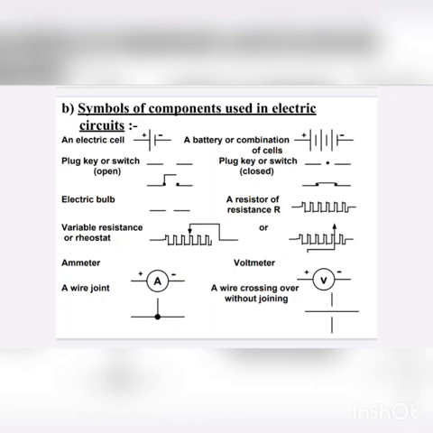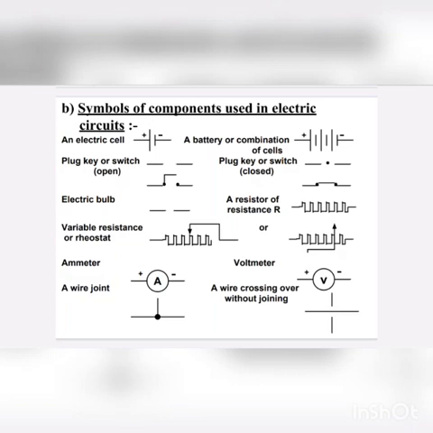These are the symbols of the electric circuits. Electric cell: it is a device that converts chemical energy into electrical energy. Then plug key, then variable resistors. A variable resistor is known as a rheostat, which is used to control the electric current flowing through the circuits. Ammeter, then battery, which is a combination of cells connected in series, and then the voltmeter,